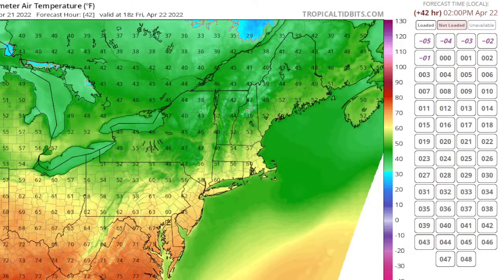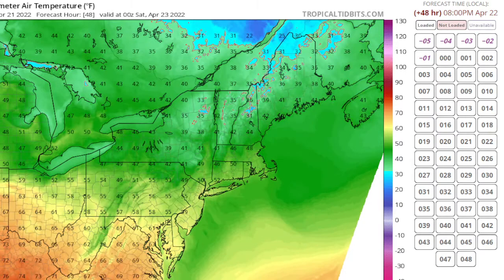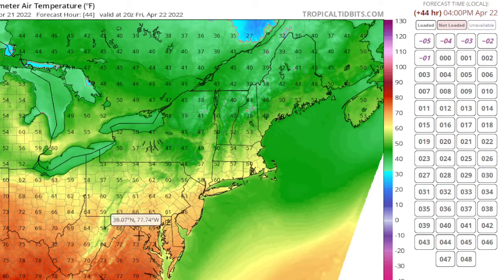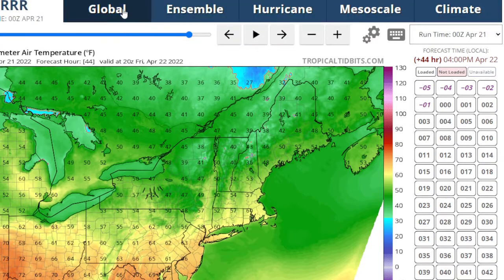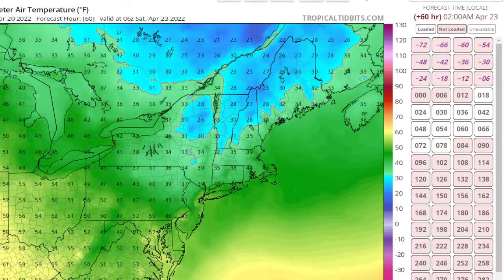And then for Friday, we're going to warm up probably well into the mid to upper 60s across Long Island. It's going to be a warm day with that northwest wind especially. There won't really be a sea breeze. And if we move this and take a look at the weekend, you will see